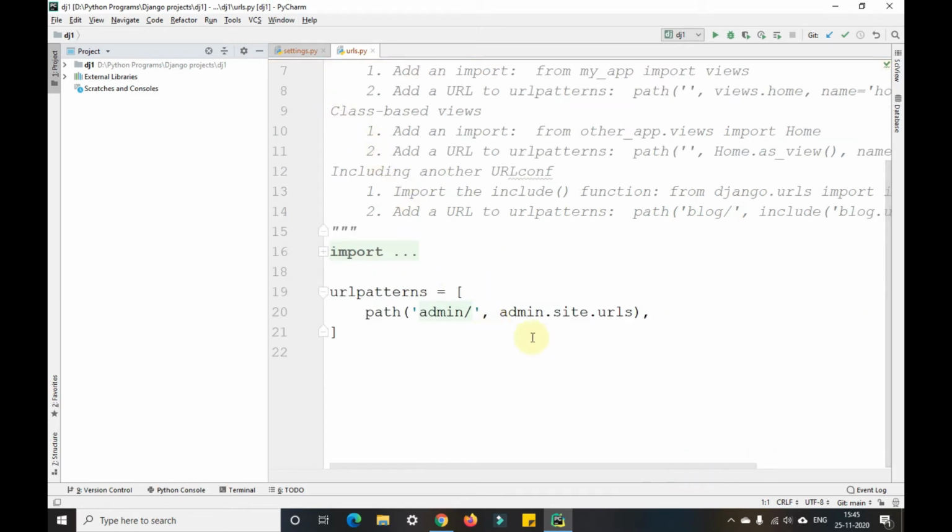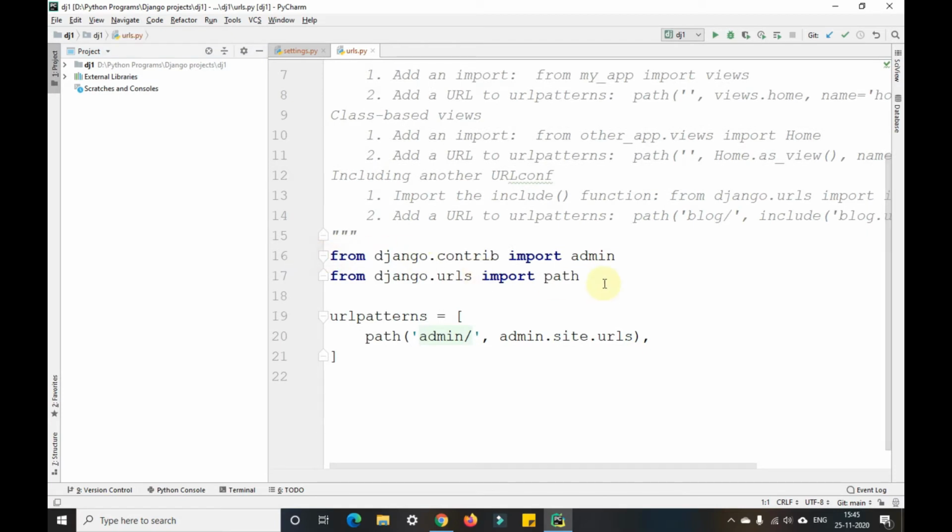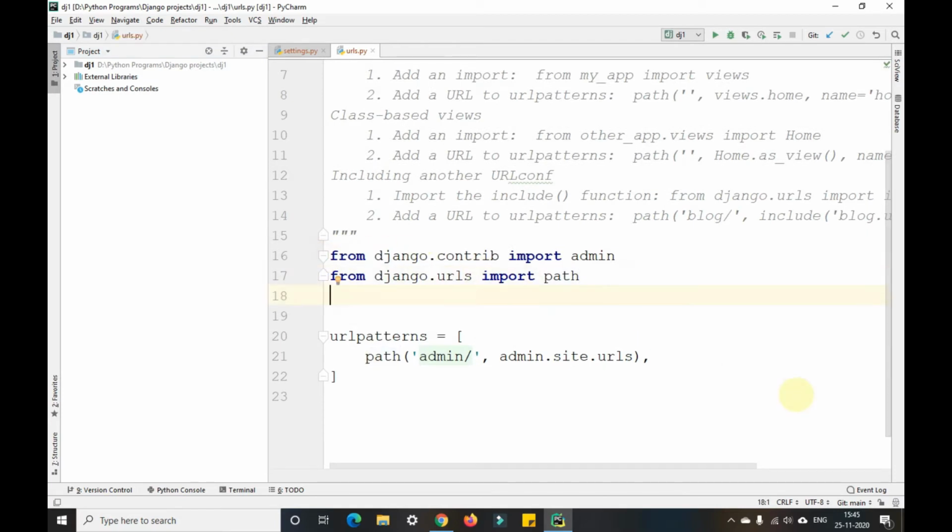So in URLs, let me import views here from AP1 import views. Okay, now we'll create a URL for that particular view. Path, empty path with a comma, views.display.